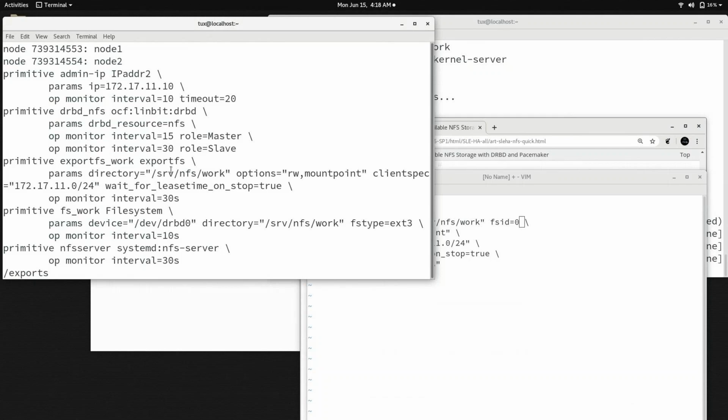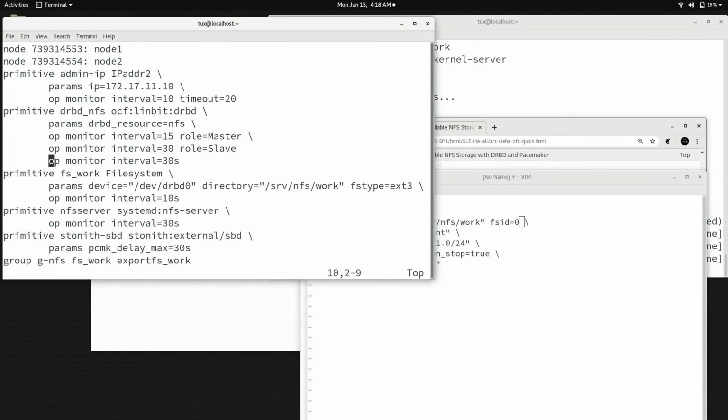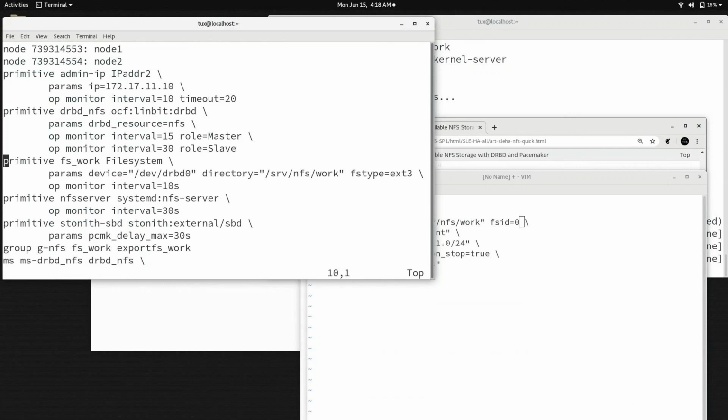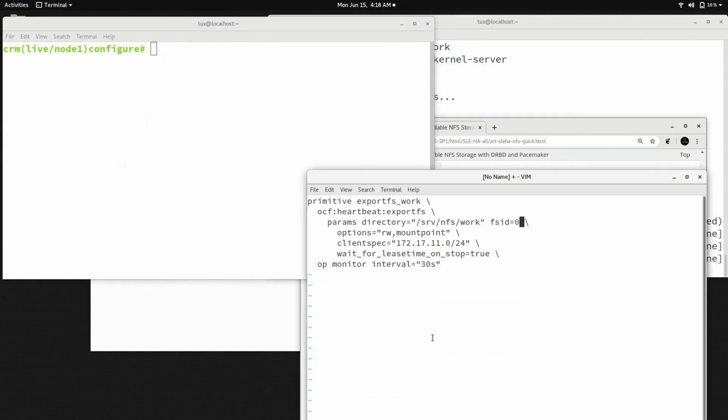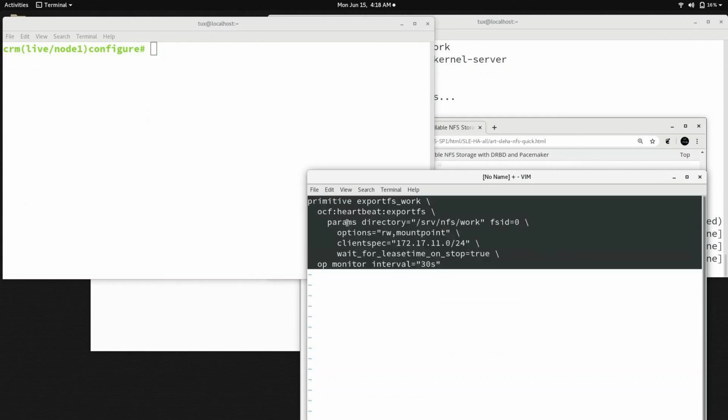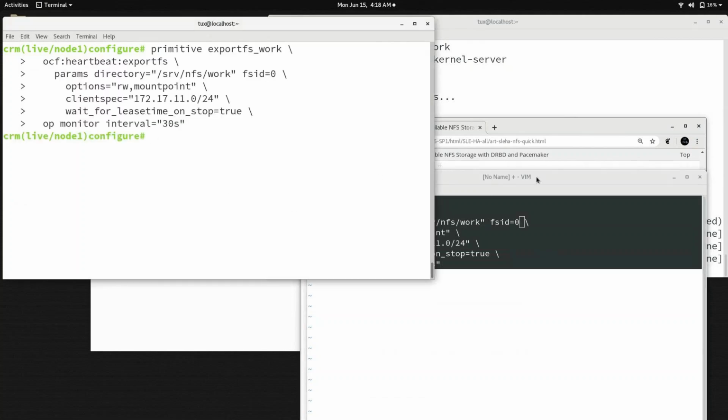So you're supposed to remove this, because in my case I ran this command, but that was not perfect as per the error. So I'm going to delete this, because if you don't delete, there would be an error that the resource is already available. So yeah, I removed it. Come back here, fix your correct network range, and add this particular parameter. Copy this, paste it. Yeah, it ran.